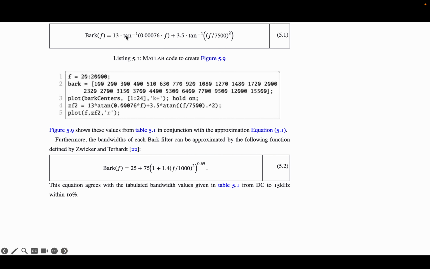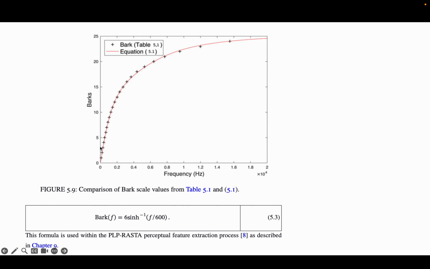So here is one analytical formula that will generate a relationship between frequency in hertz and the Bark scale. And there's a couple of them. Here's another function that gives a good approximation. Some MATLAB code that would relate the two. And you can see this plot where we show Bark. So this would be your 1, 2, 3, and so on. And then this is frequency in hertz. And the individual little pluses are the Bark numbers, and the solid line is the plot of the equation.